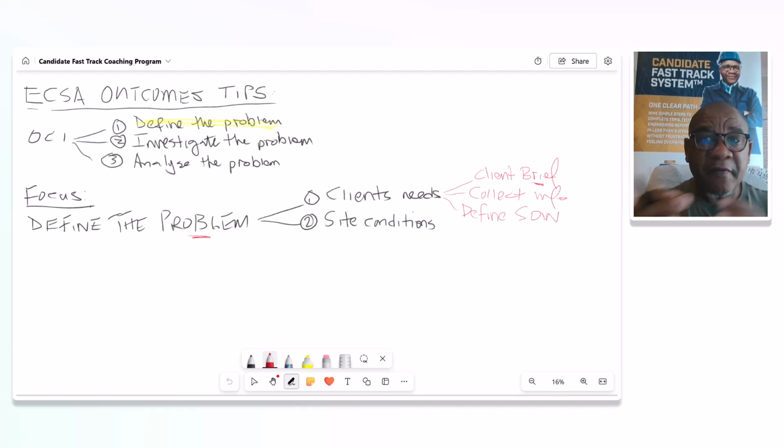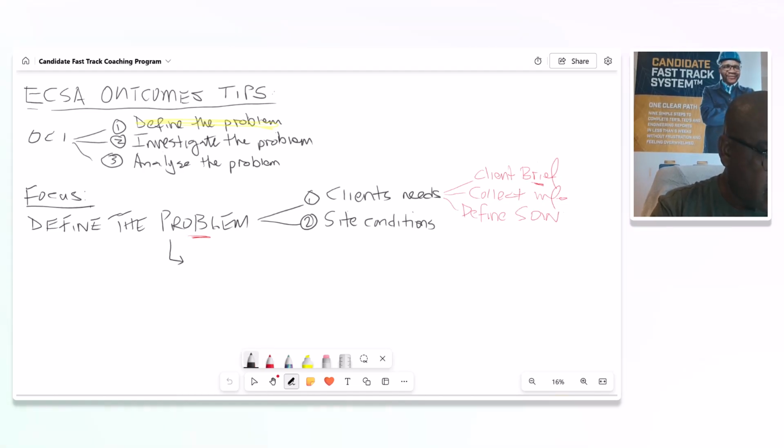So when you define the problem, you've got to understand the client brief, collect the information, and based on that information, define the scope of work. What is it that we need to do in order to solve this problem? That's very, very critical. Some of the examples that you can cover around here: